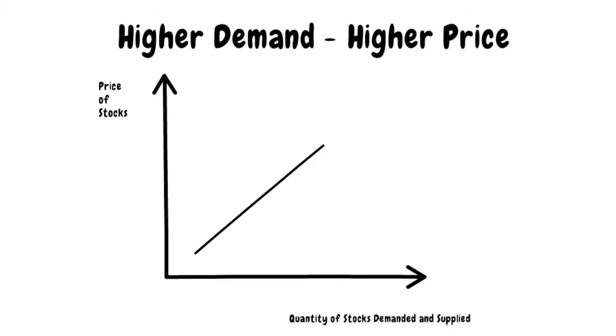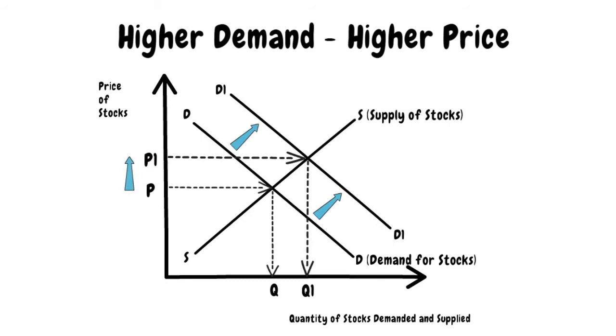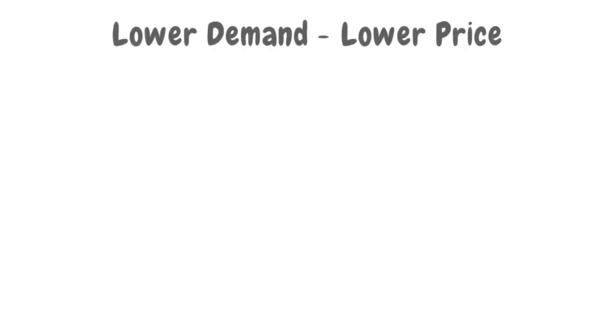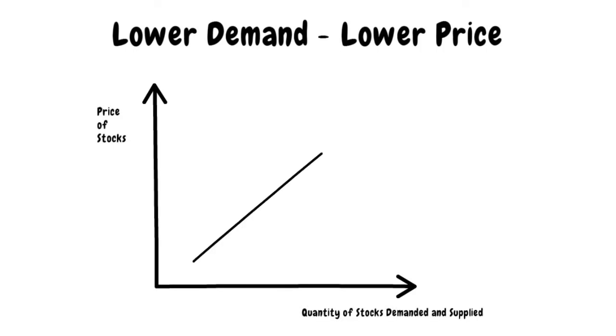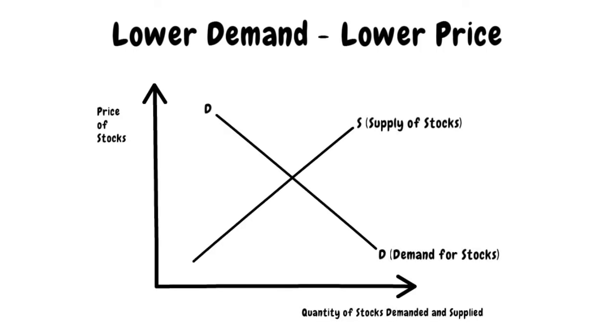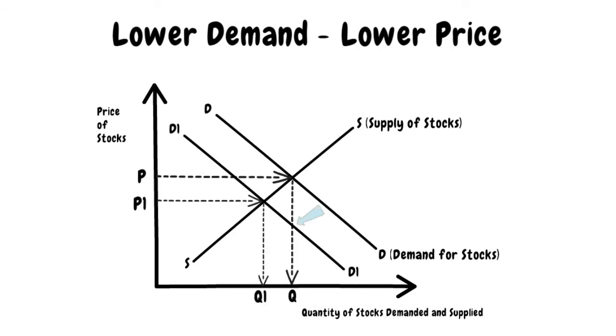Finally, it's useful to remember that in general, an increase in demand or a decrease in supply will cause prices of stocks to rise. Conversely, when it is demanded less or supplied more, that is, where there is a decrease in the equilibrium level of demand, or alternatively, an increase in the equilibrium level of supply, prices will fall.